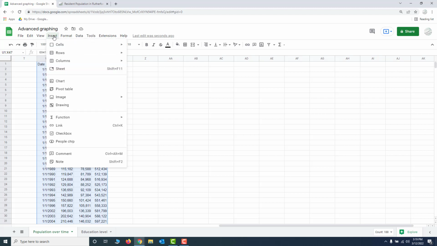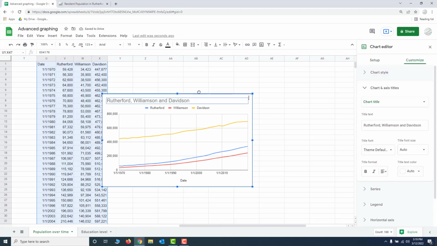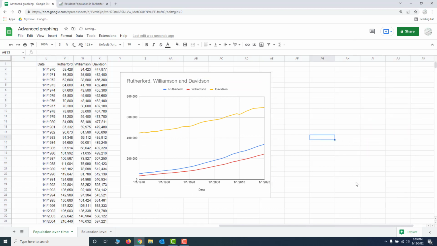Let me just hit Insert and Chart right here. And there we go. It once again guessed that I want a line chart. But you see what it's done? It's put a line on here for each of the different counties. It's labeled them because these labels come from right up here at the top: Rutherford, Williamson, and Davidson. If you include those in the highlighting when you create the chart, it'll stick them up here at the top as labels. And it also assigned a different color to each line so that it's really easy to look here and say, okay, Rutherford's the blue line, so there's the blue line, that must be Rutherford County, and sure enough